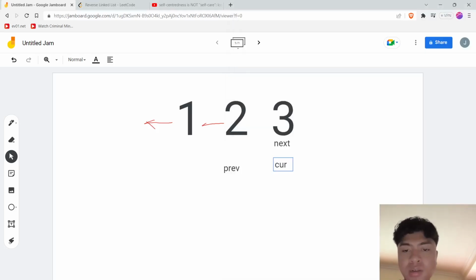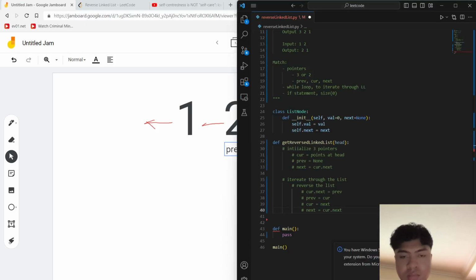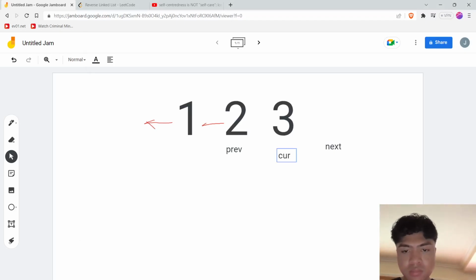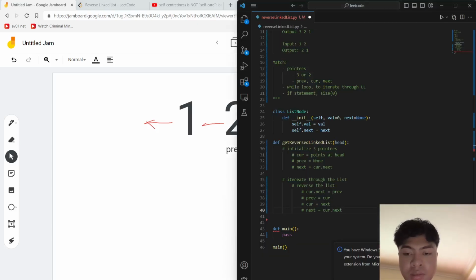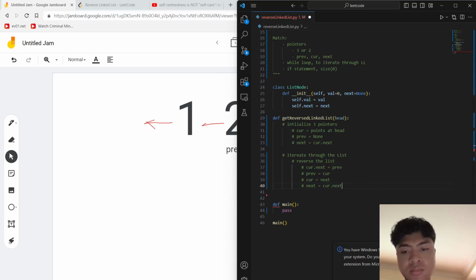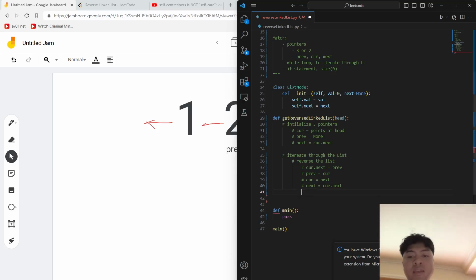And next equals to cur dot next, which is here. And then I think we had to... I wonder if I can do that because as of right now with this iteration, this three is lost. So what can we do? We can either say like